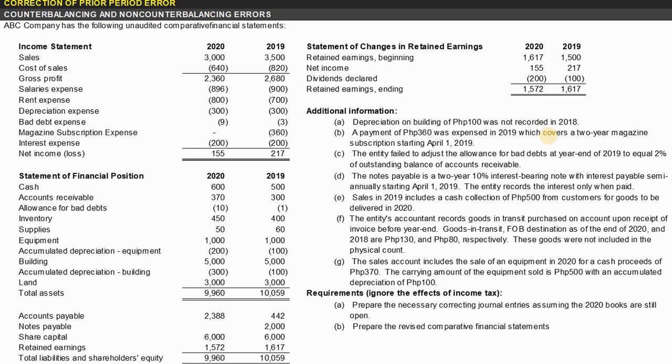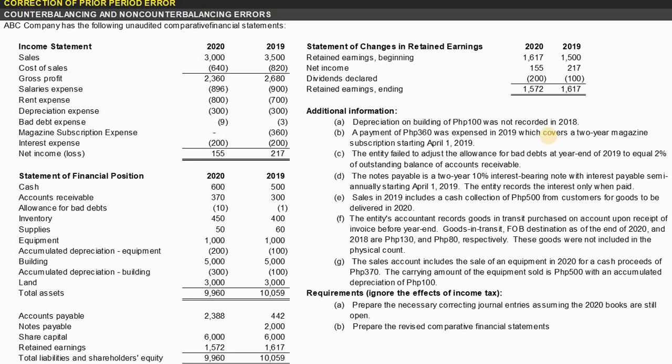So since these are goods in transit and these were purchased FOB destination, it means that the entity is the buyer and the ownership will only be transferred to the buyer upon receipt of the goods. However, since these are still in transit, the goods are to be received the following year. So it means that these goods should not have been recorded as purchases at year end